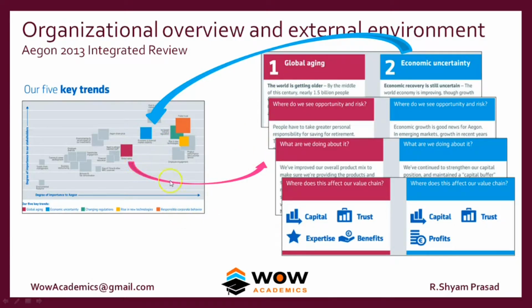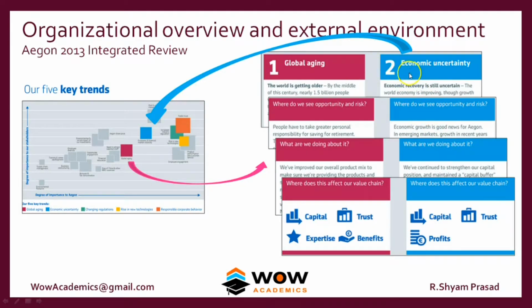This company seems to feel that global aging is a good thing for this company, and they see their opportunity and risk. And this blue refers to the economic uncertainty. It tells that the economic recovery is still uncertain. I think this was way back in 2012. So that's why they use the words economic uncertainty. So you get a rough picture about how the PEST analysis is used by the company, and what they are tracking once they found out what is PEST, and what they are trying to do about it.